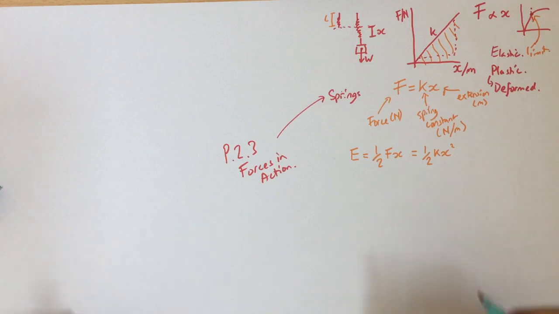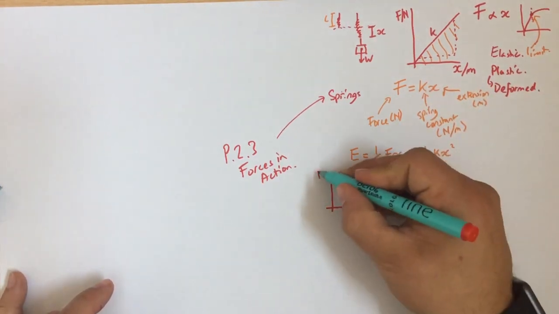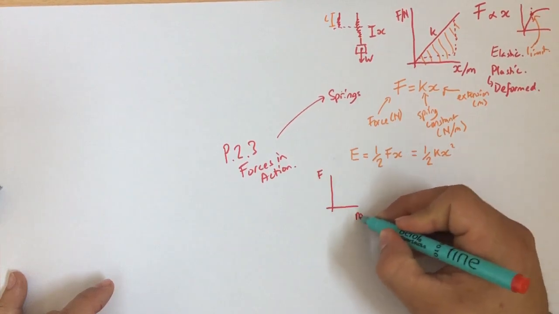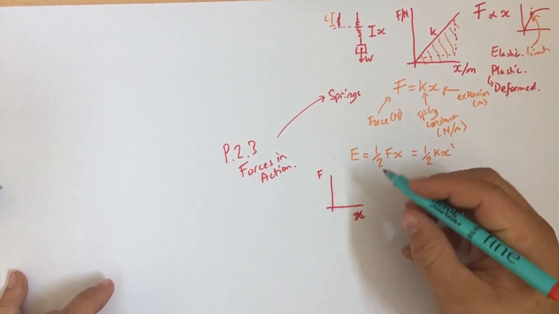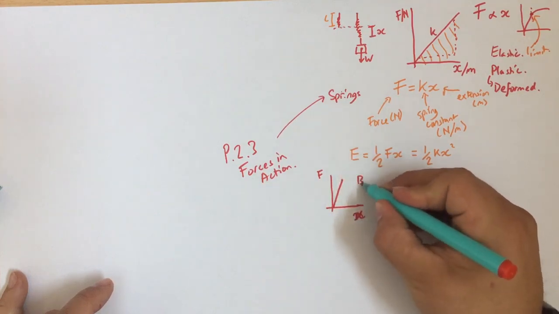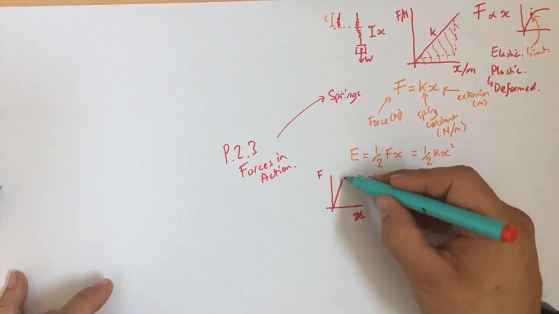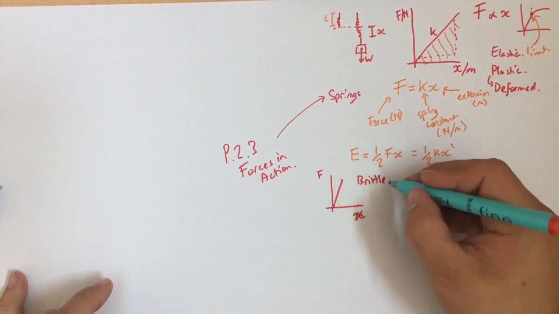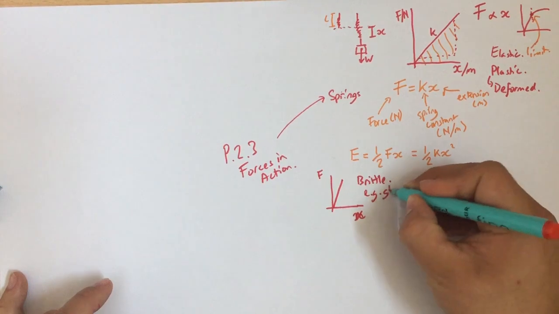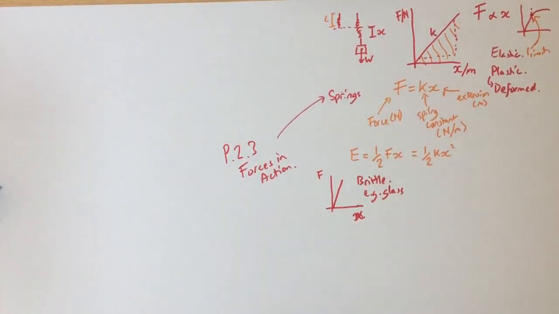Different materials as well have different force extension shapes. So just a few examples. We've got a force extension graph. For a material that is brittle, there is no plastic region at all. An example of a brittle material would be glass. When you put a force on glass, it will extend a little bit, but then will just shatter if